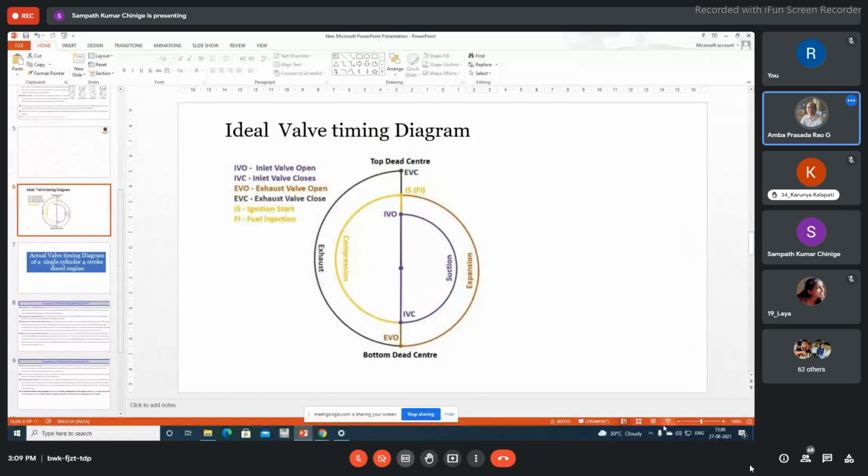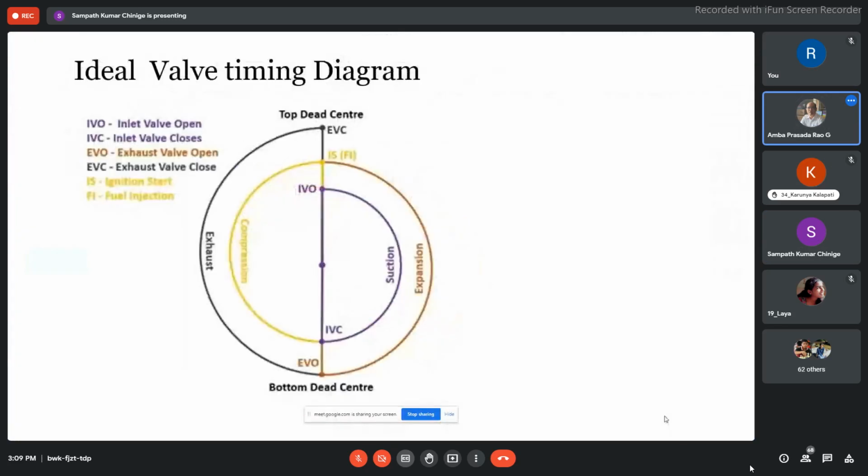So are you able to see? Yes, sir. First, you draw one vertical line. Some people have asked me how to draw this spiral. So first you draw a vertical line, then you mark one topmost point and another bottommost point. Then you draw a semicircle, so the center is located now.